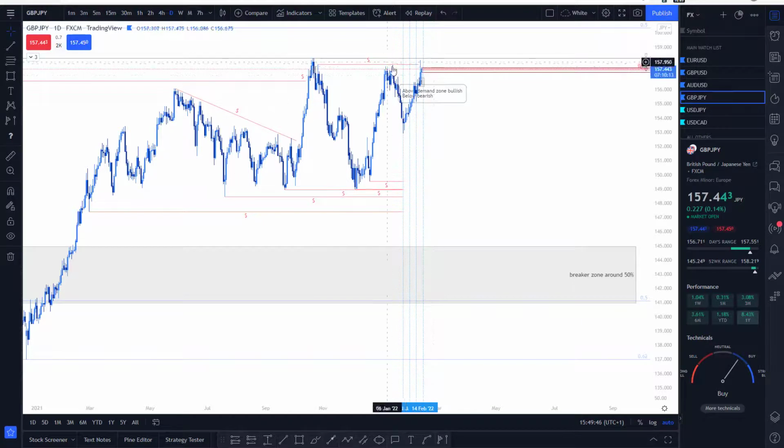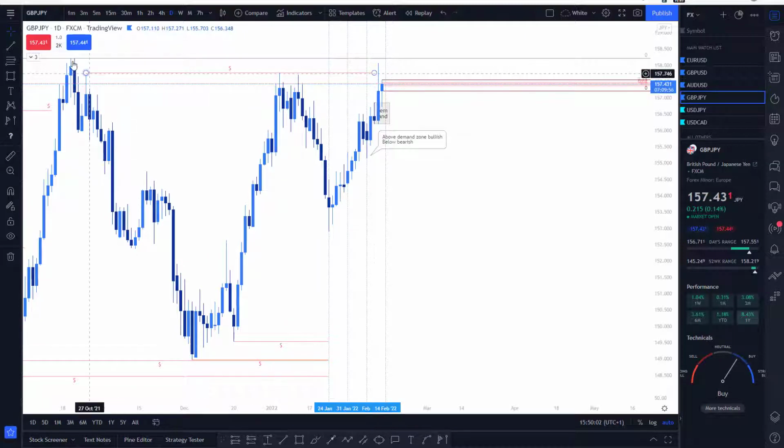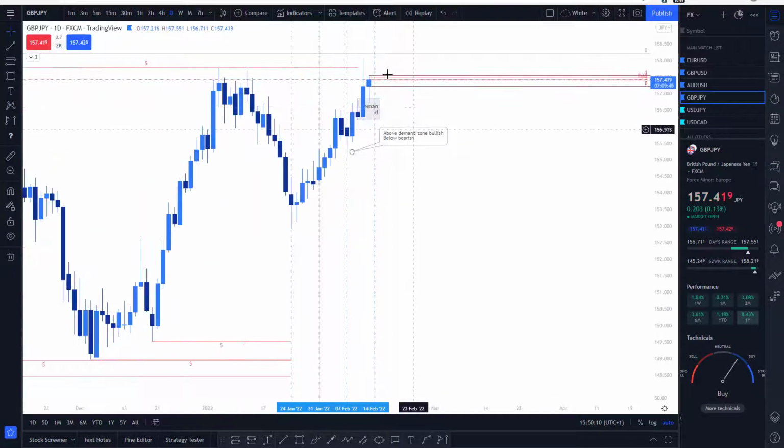higher high, making equal highs here, pushing down and now pushing up and taking liquidity above these equal highs and this high here. The daily candle didn't manage to break this high and didn't manage to make a close at least above this high. So we will see